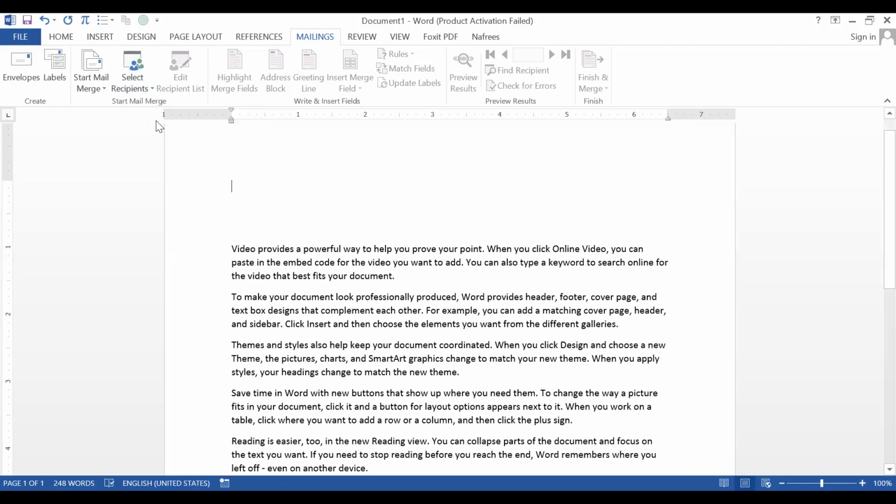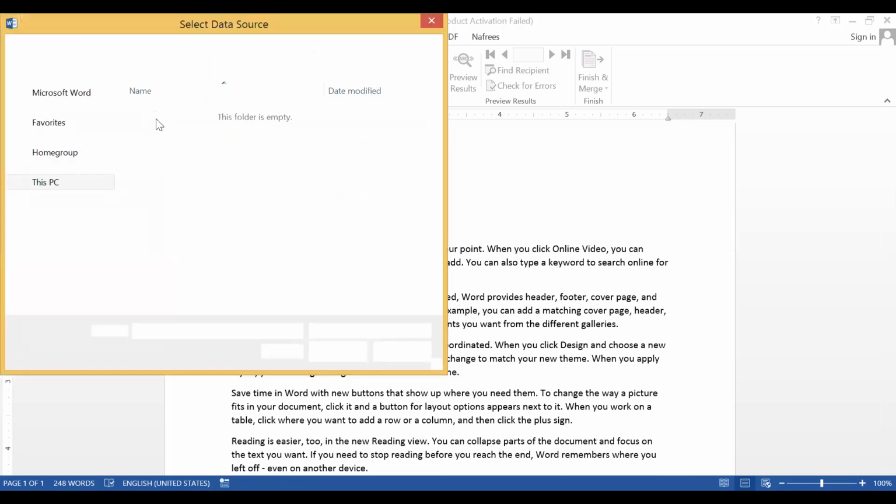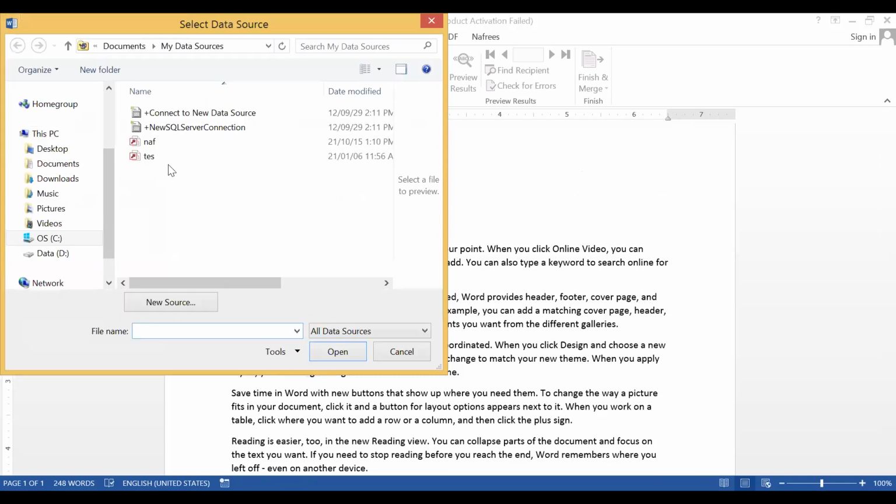If I click the existing list, any recipient list I created is available from here. See, these are the two I have created already. So you can use one of these. If you select this one, the recipients will be selected from this file. If you select this one, the recipients will be selected from this one.